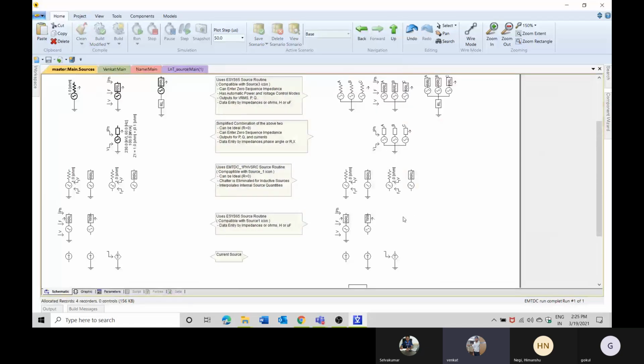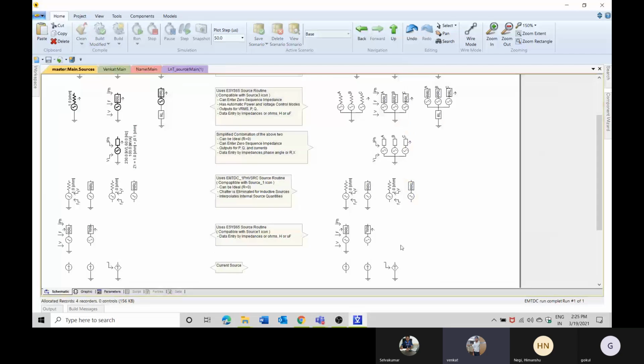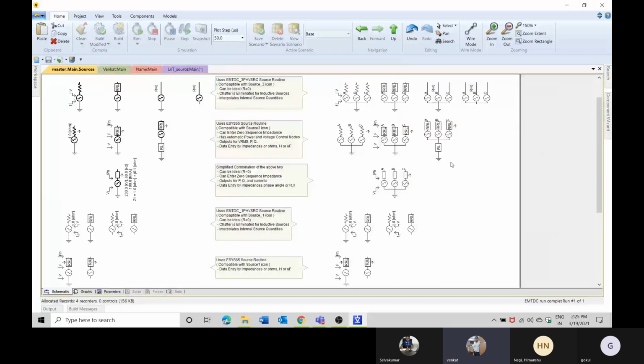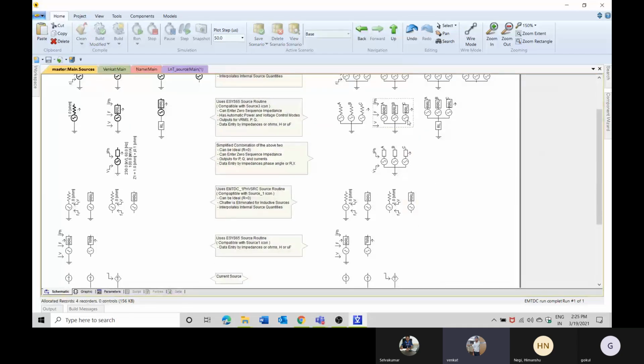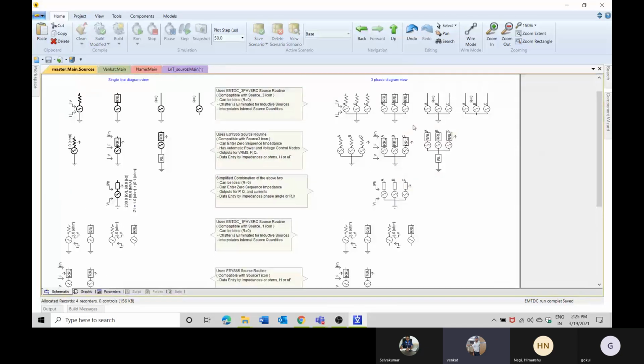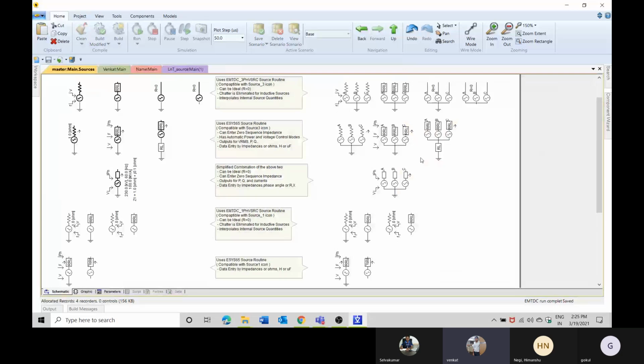And if you want sources that come with some resistance, some inductance, like RRL, then you can use these options which are available here.